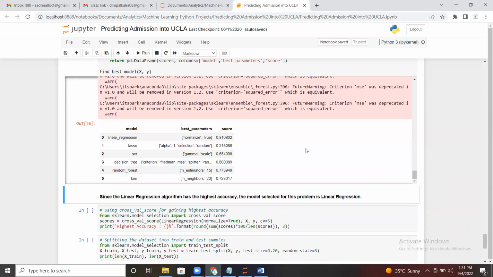Yes. So we see that we have this model, linear regression, and that is the best parameter it has selected, and that is the score. And then we have lasso, which is 0.21. It's absolutely not working here. Then this SVR, we have this score, and for decision tree, that is this 60, and for random forest, that is 77, and k nearest neighbor is the 72. So we got linear regression as the highest